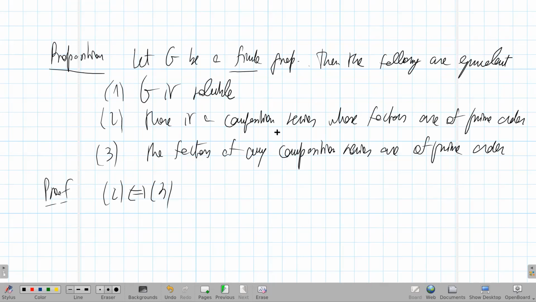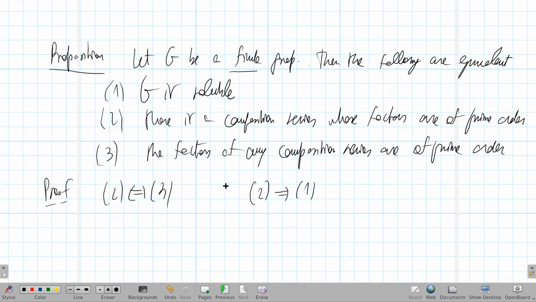So if there is a composition series whose factors are of prime order, then any composition series will have the same orders of factors, except they may be permuted. Think of the cyclic group of order 6. You can have 2, 3, or 3, 2. So 2 is equivalent to 3, and of course, let's say that 2 implies 1